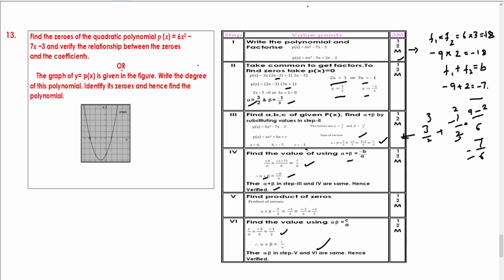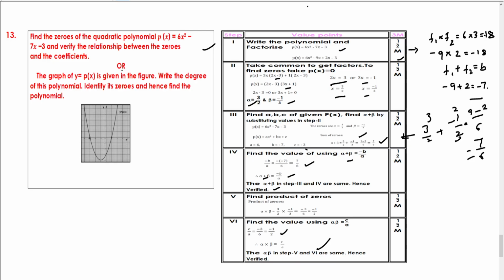And the next problem in this set is: find the zeros of the quadratic polynomial p of x is equal to 6x square minus 7x minus 3 and verify the relationship between the zeros and the coefficients. It is one of the very important types of problems. You just practice them. First step in this is to write the quadratic polynomial as it is, 6x square minus 7x